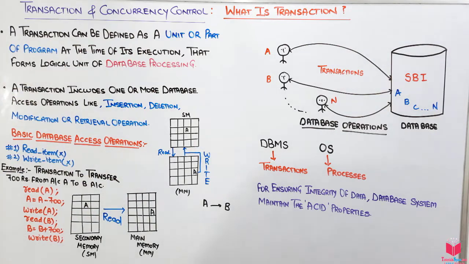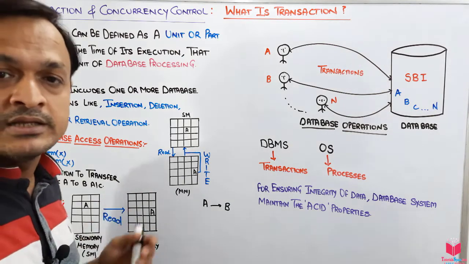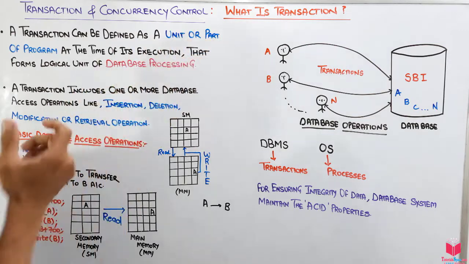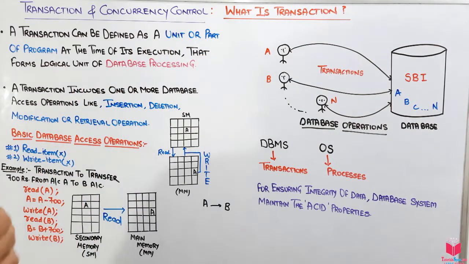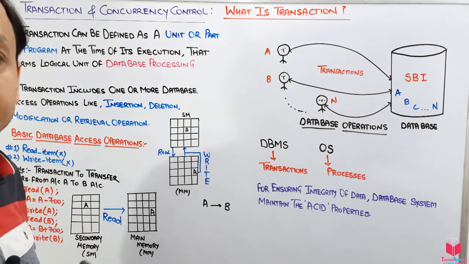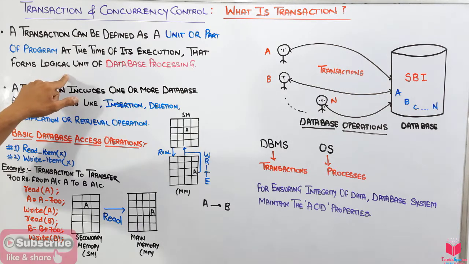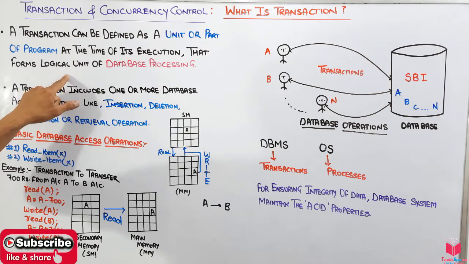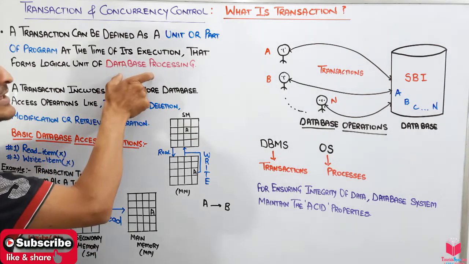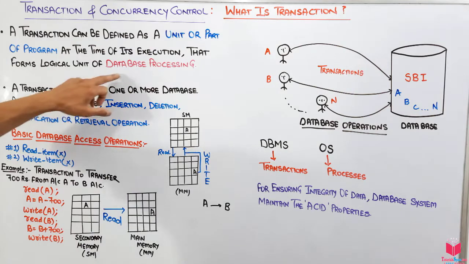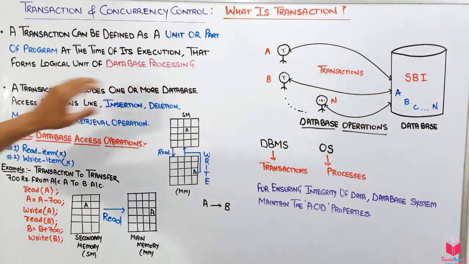Okay guys, so that forms the logical unit of database processing. This subject is basically related to the database. So when we run or execute part of a program, that means it is doing something with the database, and that is creating the logical unit. A logical unit means a set of code which consists of some operations, saying let's do this operation by using the database. It tells you to perform this operation on the database, so that's why it creates a logical unit.